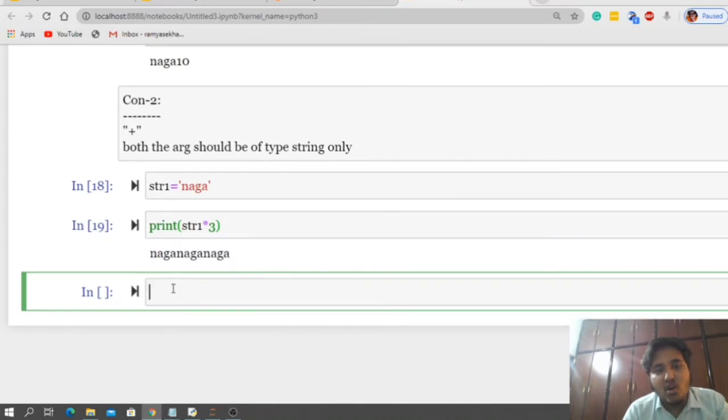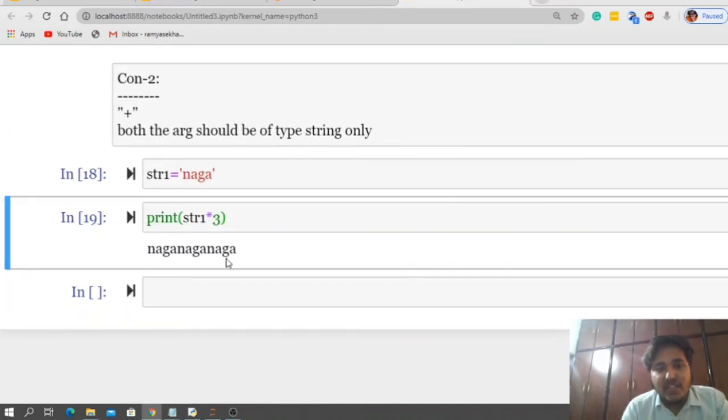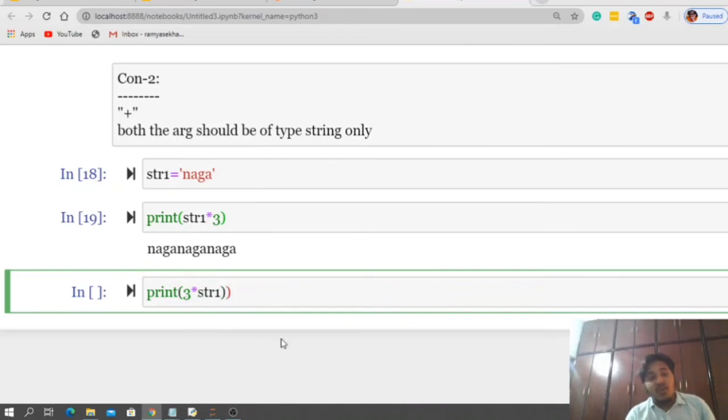Can you tell what the output is? This is called string repetition. The string will be repeated 3 times. Okay? Now what I will do is print the reverse of that, 3 star str1. Can you tell what might be the output we will get?